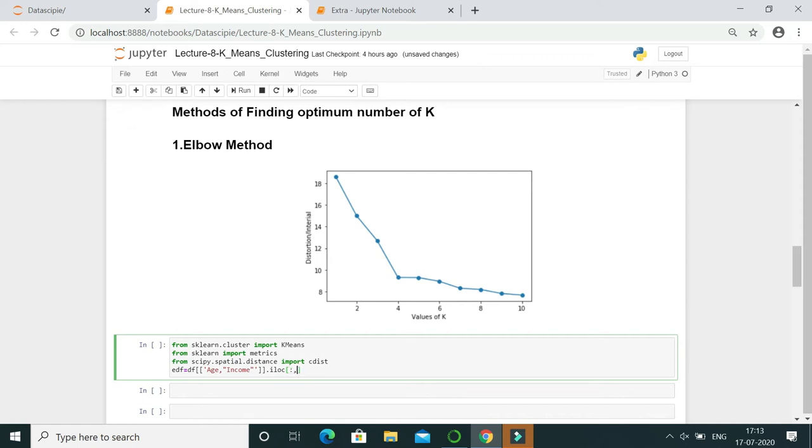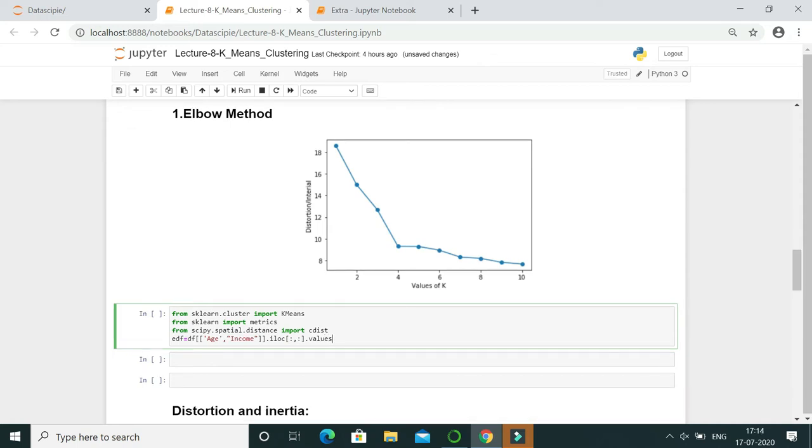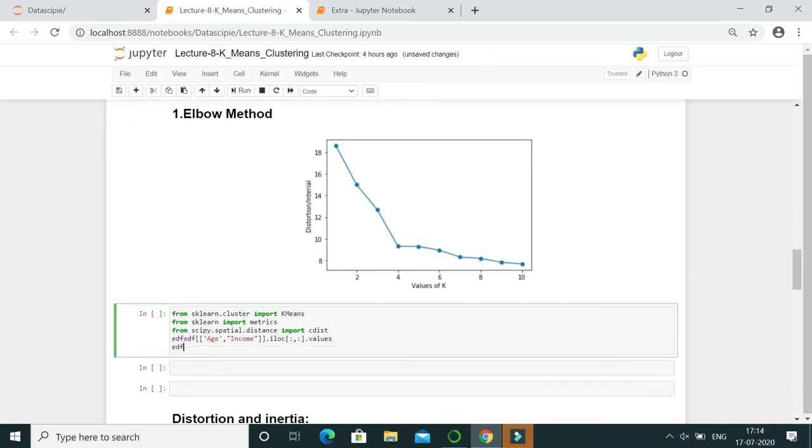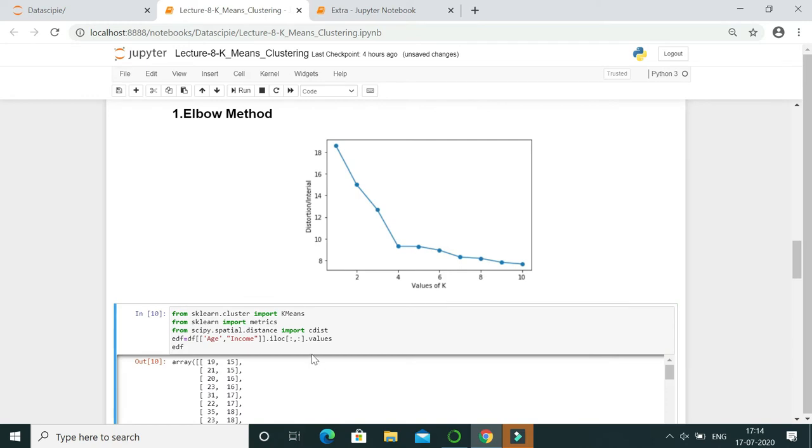This determines we would utilize all the rows. Okay, and this sign determines we would utilize all the columns. Dot values. So if we print our data frame, we will get the data set in matrix format. Okay.